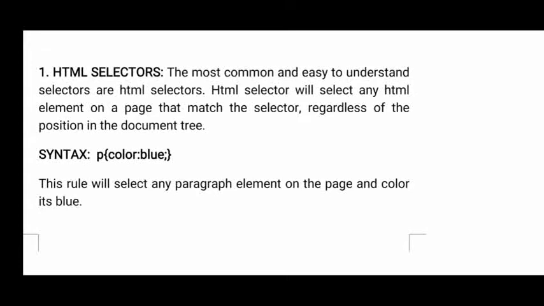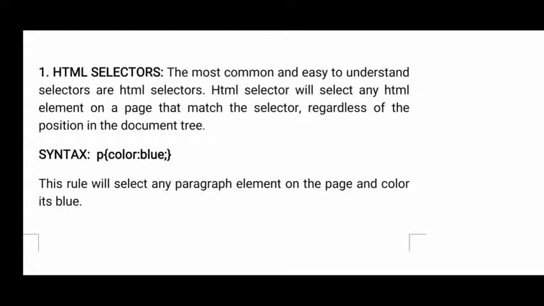An HTML selector will select any HTML element on a page that matches the selector regardless of the position in the document. See here, I have given a P. Here P is nothing but the paragraph. What property have I given? Color. What color? Blue. So here P is an HTML tag, so this comes under HTML selectors.